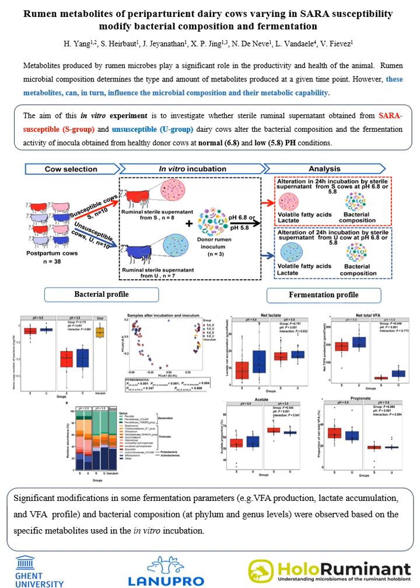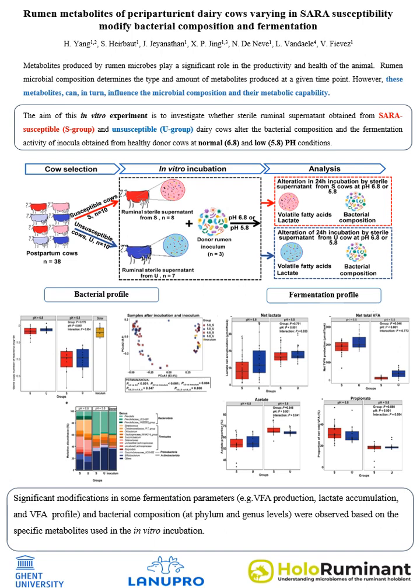This hypothesis was investigated using sterile metabolites obtained from two groups of dairy cows during the transition time, SARA susceptible and unsusceptible groups. These two groups responded differently to the early lactation diet, which is rich in rapidly fermentable carbohydrates. The SARA susceptible cows experienced a decreased rumen pH and developed SARA during at least 2 days in the first 3 weeks after calving, while the second group of animals were unsusceptible to SARA development.